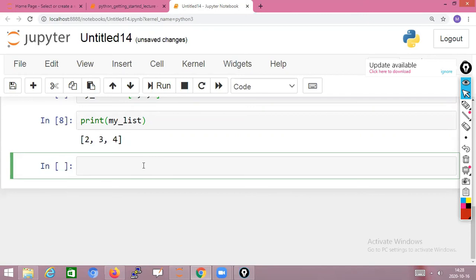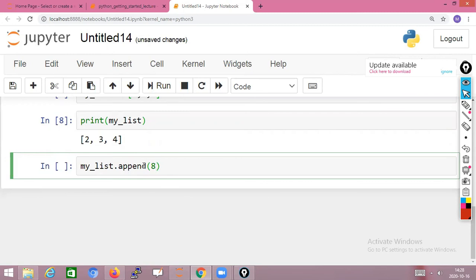To this 2 3 4, I will try to add some other values. The syntax is my list, your variable name, dot append. So I'm adding one more element, assume 8. Now this 8 is going to be added to my list.